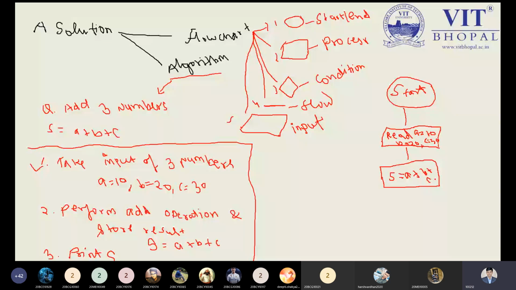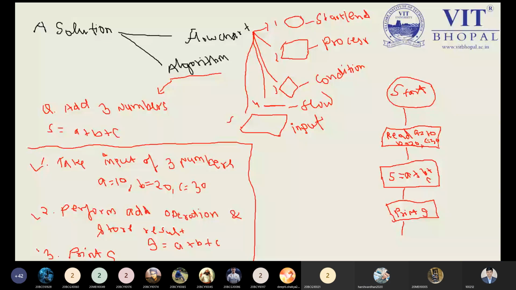Yes, sir. Okay. What is the next step we have? That is to print. Print itself is a kind of operation, and it prints the result that is stored in our S variable. So I can use another rectangle box to print my result, and I can write print S. Yes, sir. Okay. And at the last, there are no more operations required, so I can close the flowchart.